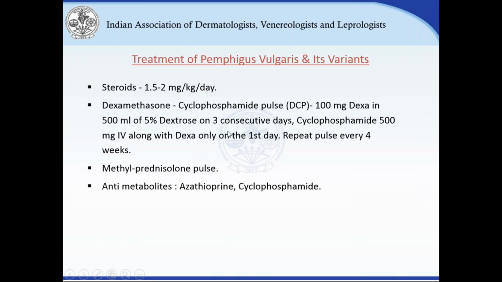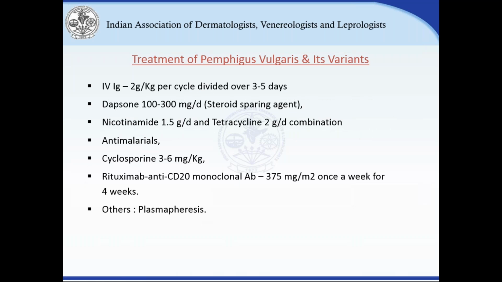So we have to give them a steroid sparing agent along with steroid, such as cyclophosphamide or azathioprine or mycophenolate mofetil, or in some cases cyclosporin or methotrexate. We can give IVIG also, or dapsone, nicotinamide and tetracycline. These are slightly older therapies. Antimalarials, that is hydroxychloroquine sulfate, cyclosporin. Rituximab is an anti-CD20 monoclonal antibody, and